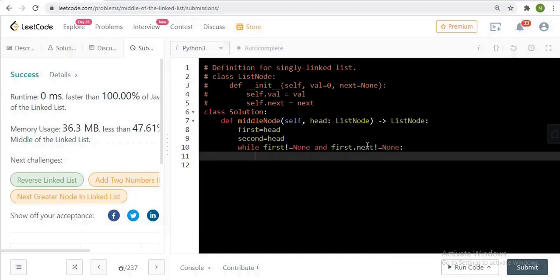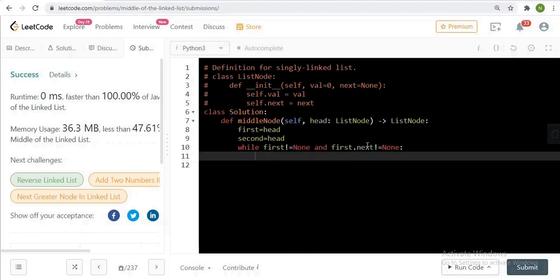The idea behind the implementation is, in each iteration we move the first pointer by 2 nodes and the second pointer by 1 node. The moment the first pointer reaches the end of the linked list, the second pointer will automatically point to the middle of the linked list. This is the whole crux of this approach.